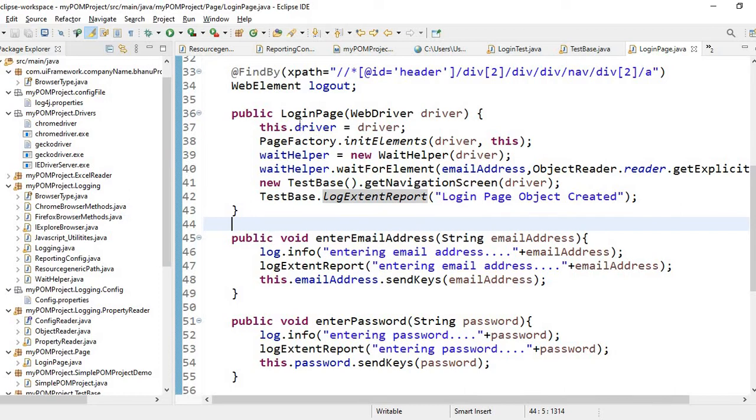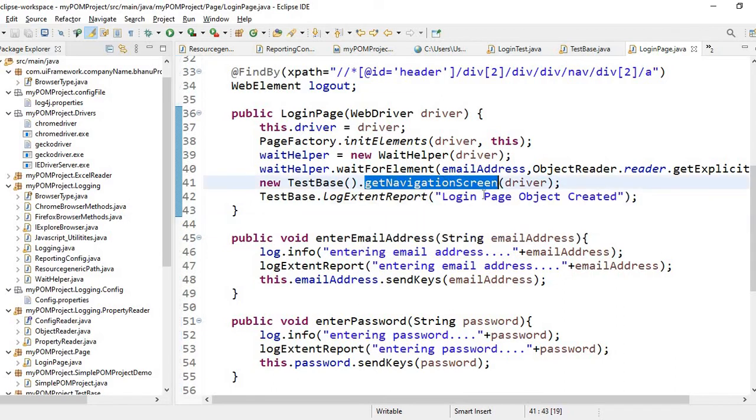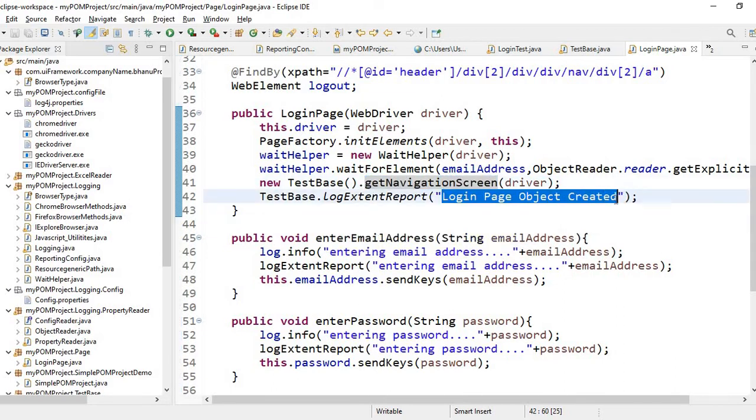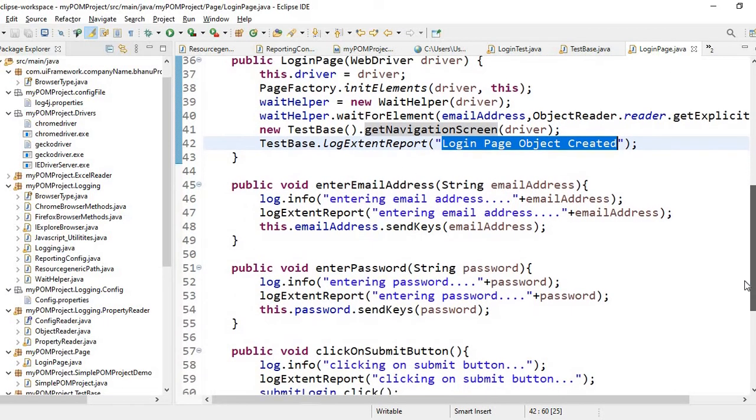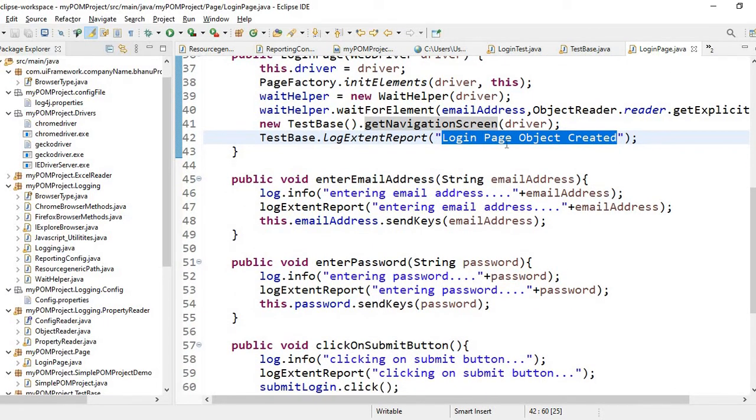So for example, I have created a constructor of login page, and I want to navigate on a screen. Then I want the login page object created. So I have to present this in the report. Whatever I have to do, I have to use this method. And